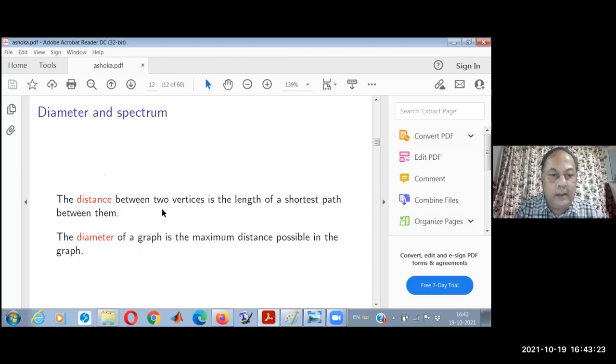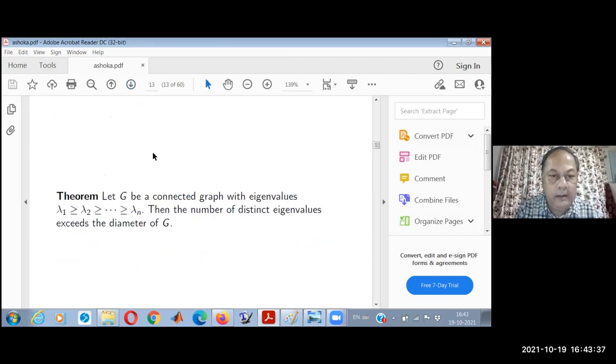Okay, the distance between 2 vertices is the length of a shortest path, the number of edges, and the diameter of a graph is the maximum distance. And I'm not going to say much about the distance or the distance matrix, but one interesting result in elementary spectral graph theory is that